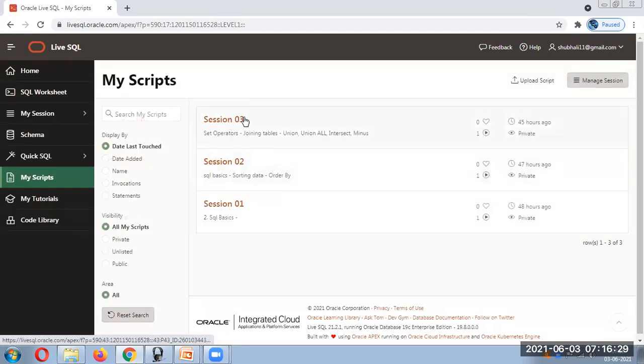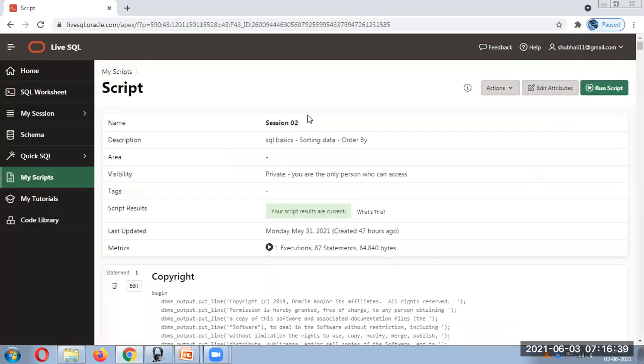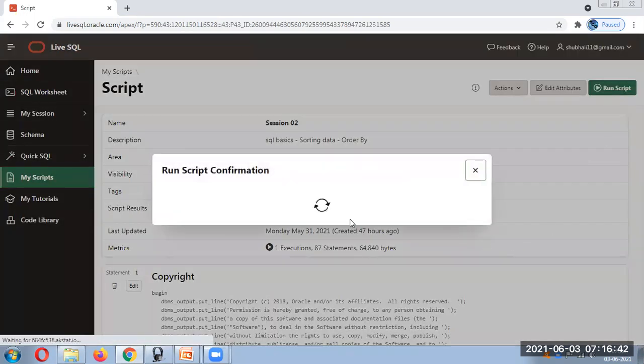I already have this second session, so I will just click on this and run it so that all the required tables get added over here. You can check your schema to see which tables are available.